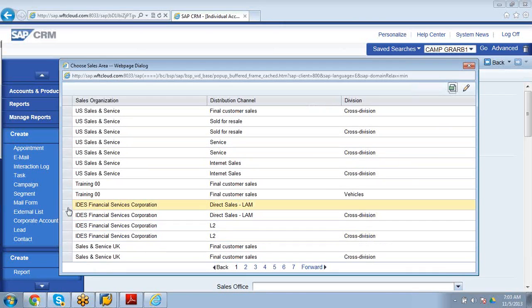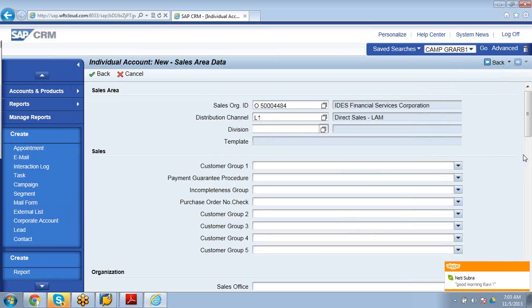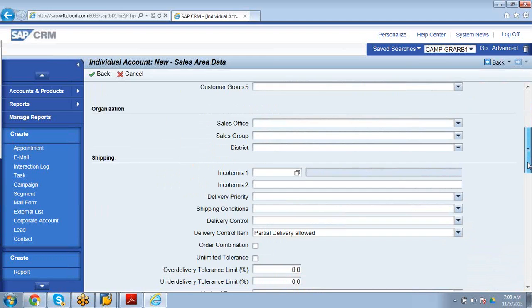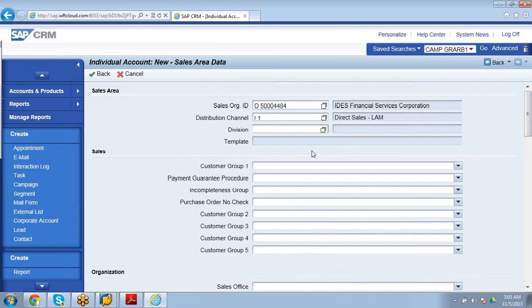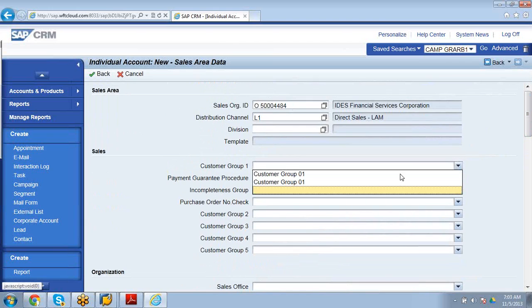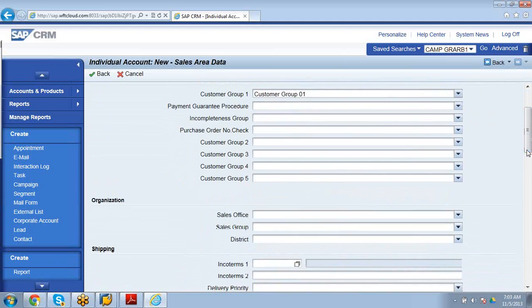We can select from the search options. It means all the business criteria which are already existing in the backend data. If it is not existing, we have to go and customize.